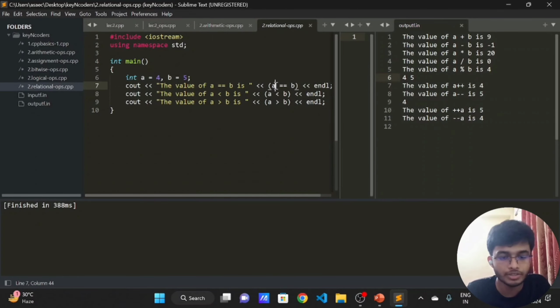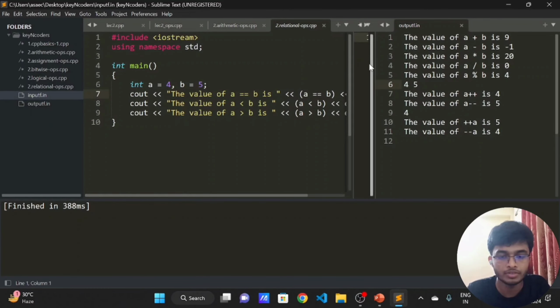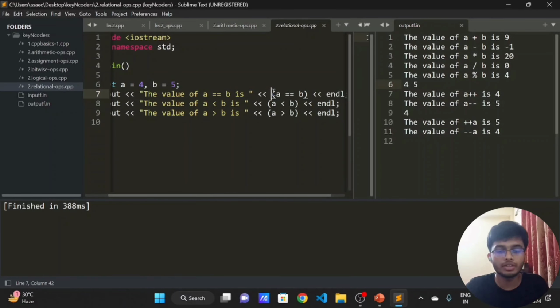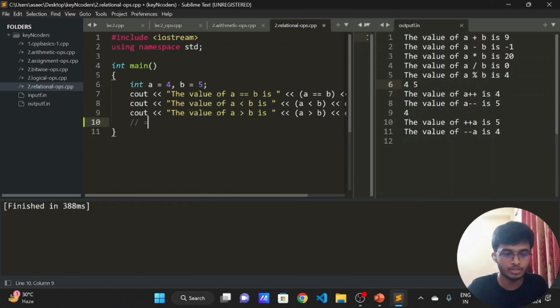See on line number 7, this will check if a is equal to b. Why are we using two equal to marks? If we use one equal to mark, that is for assigning the value,